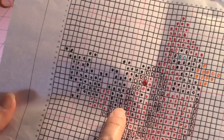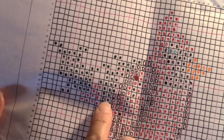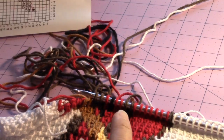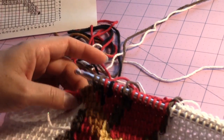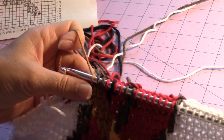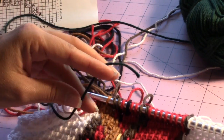So we finished up to here, but now we need the emerald green for the leaf, and then the branch, and then you have 4 red. So I'm going to bring up the emerald green. Here's my emerald green. Just bring up a loop,